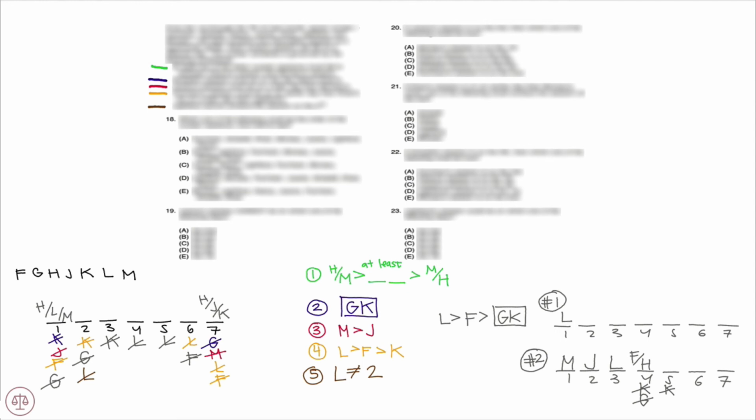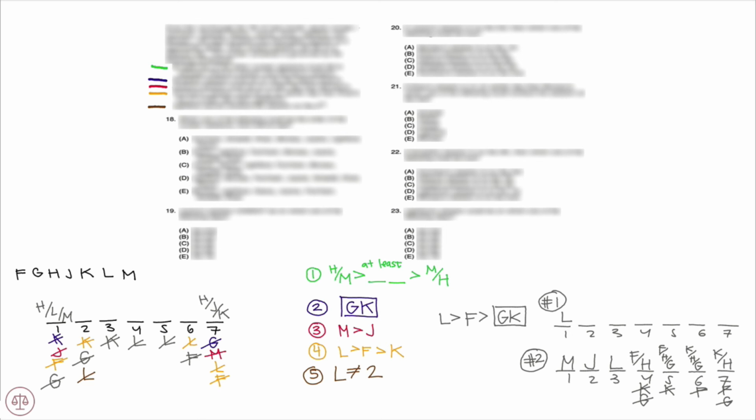Likewise, that means that F and G can't be last. So that leaves us with K, H as our binary. And since F has to have G, K after it, that means F also can't be 6th. So that leaves us with the options of F, H, and G for 5th, and K, H, and G for 6th. Alright, so the last thing we have to note is since these are our only 2 options, since L can either be first or third,